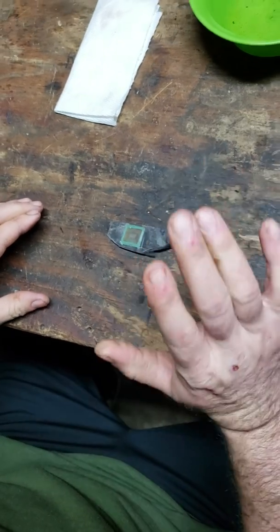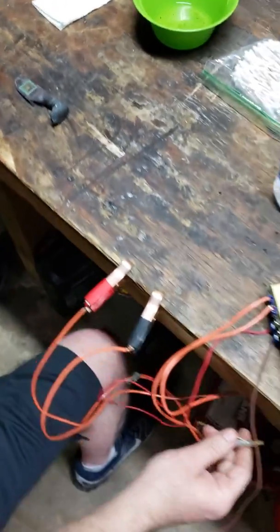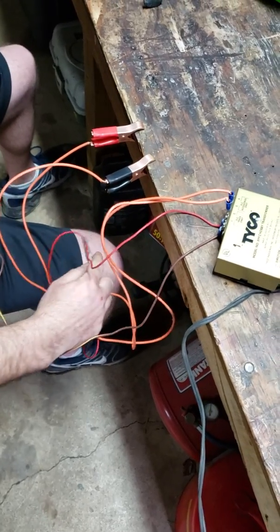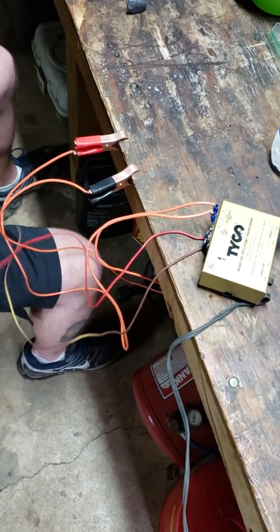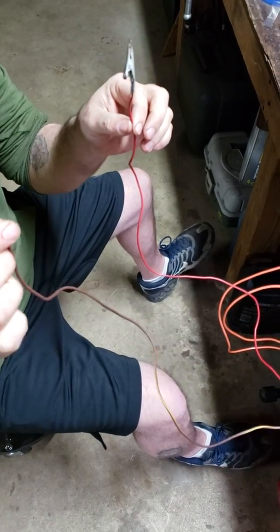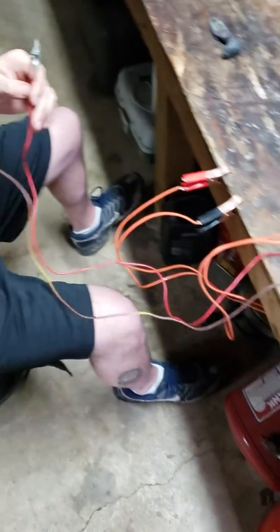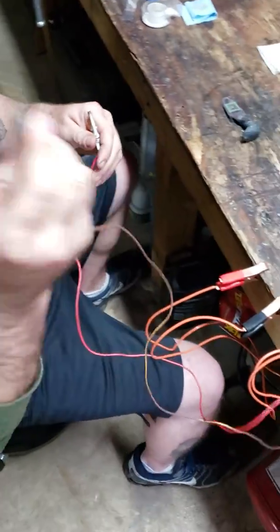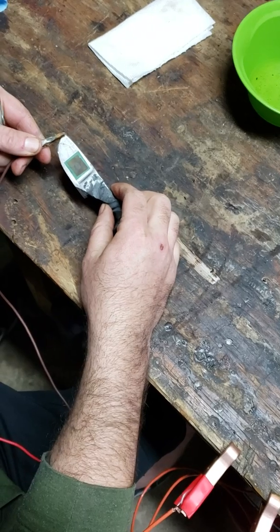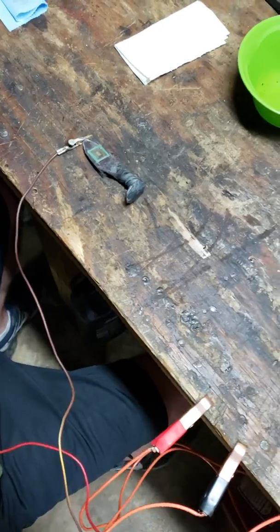Okay, now next step would be get your little leads, and you want to use direct current. Now the red's actually the negative and the brown and yellow is actually the positive. I have them wired on here backwards. So I'm going to hook the positive, which is the wrong color, to the blade. I'm going to take the negative